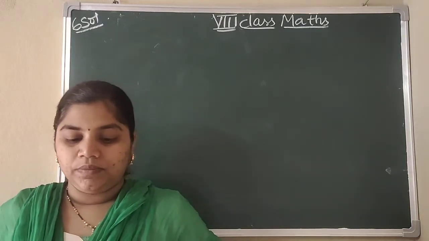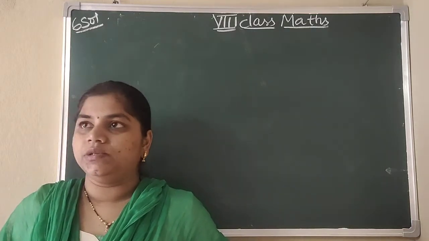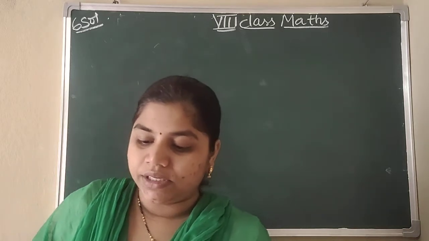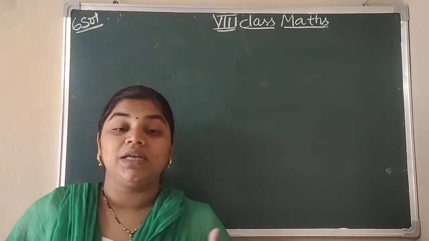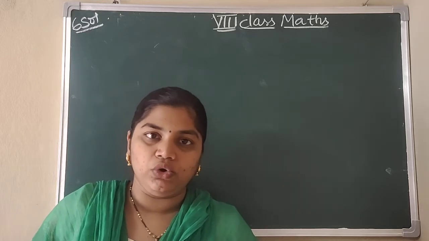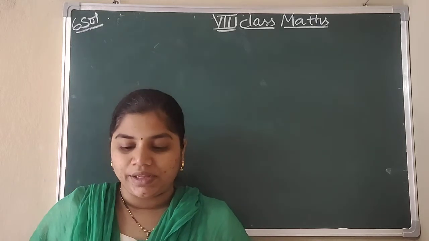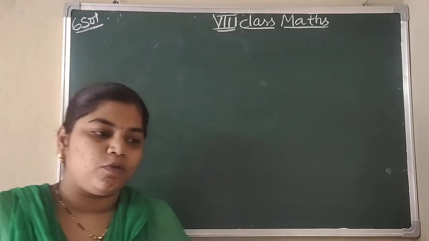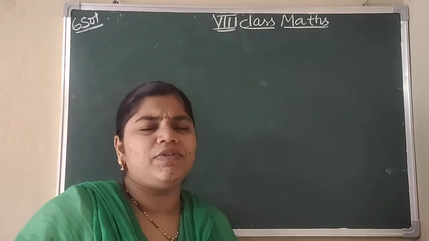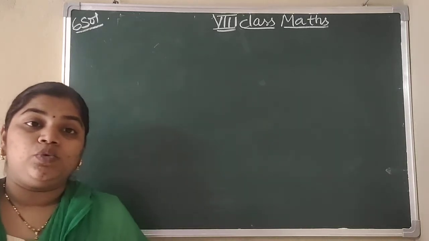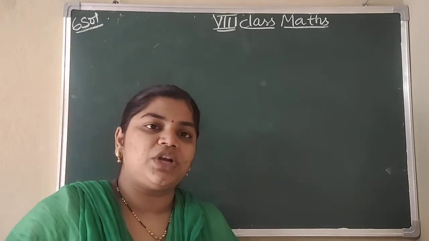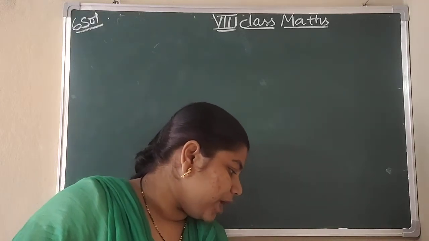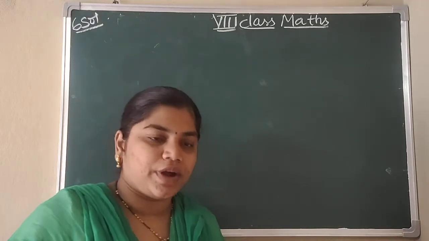So what is the question? A man walks 10 kilometers. By walking he has traveled 10 kilometers, then traveled a certain distance by train. How much distance he has traveled by train we don't know, so we will take it as x. Then by bus as far as twice the train, so he has traveled twice the train distance in the bus. What we have to find is how far he traveled by train.